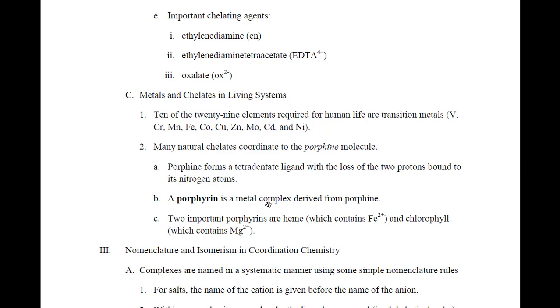Now, again, you don't have to know structures and all, but it's important to understand that important porphyrins include heme, where we've got the metal complex of iron 2 bound to porphine. Heme binds oxygen reversibly to travel from the lungs to the tissue, using iron 2 in the middle of that porphyrin complex. For chlorophyll, magnesium is the metal that's bound into the porphyrin, for whatever the plants do with their chlorophyll.